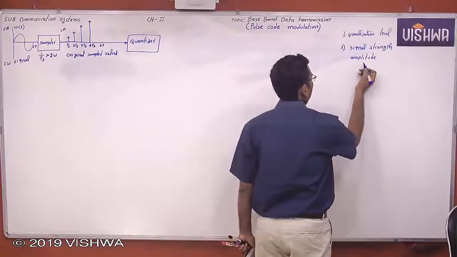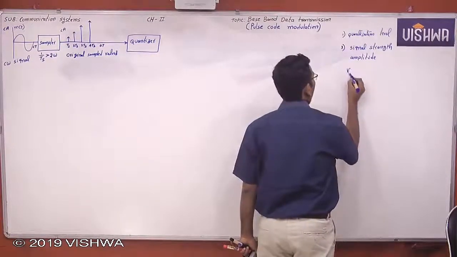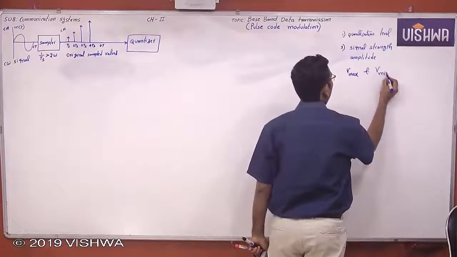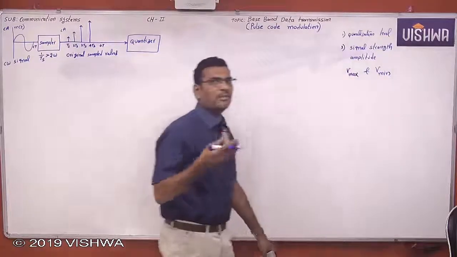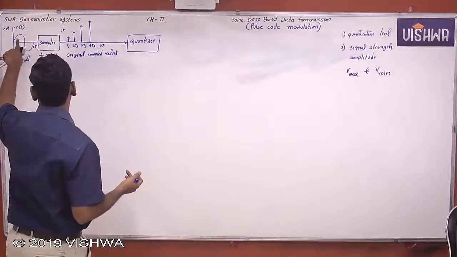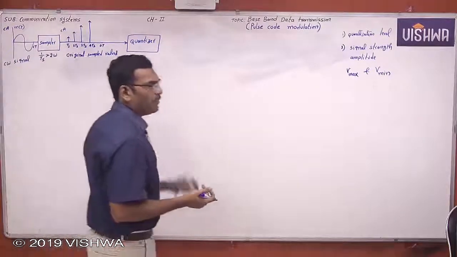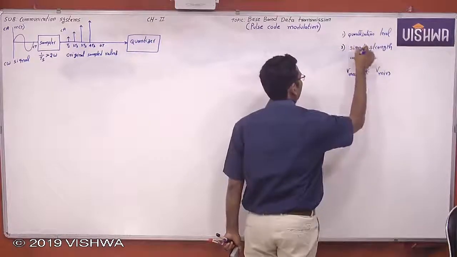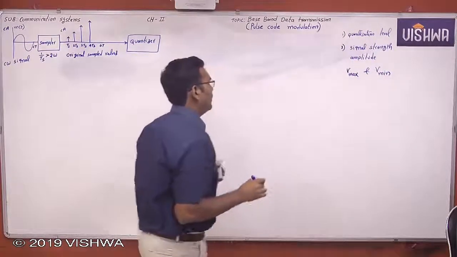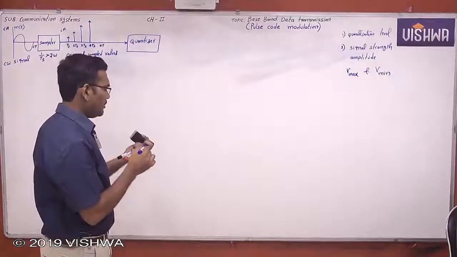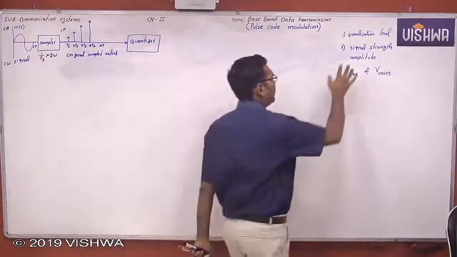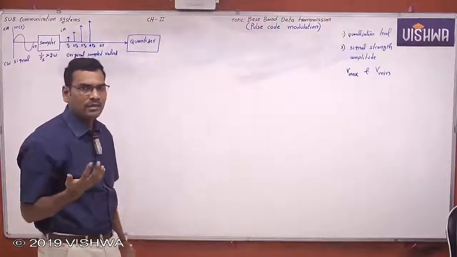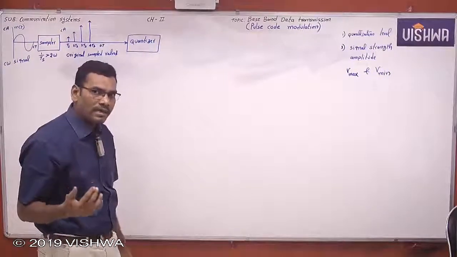What are the signal strength amplitudes? It is nothing but the maximum amplitude and minimum amplitude. Signal strength amplitude means what is the maximum amplitude of the signal, V maximum, and what is the minimum amplitude of the signal; we require that. Now this is the quantization levels, this is the maximum and minimum. This much information we first require to design anything. So what type of information you are transmitting and how the quantizer is working.